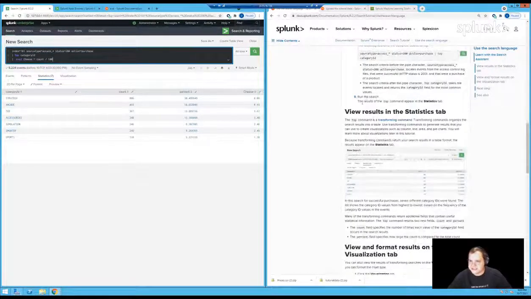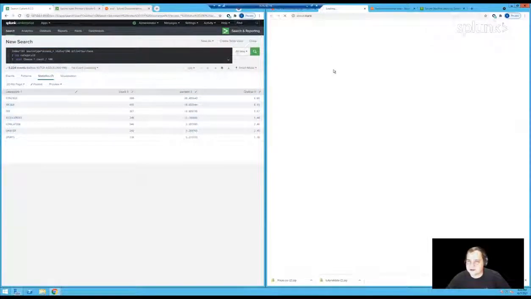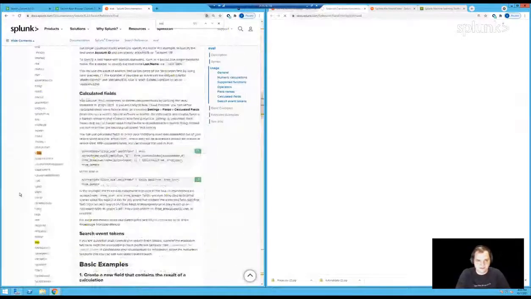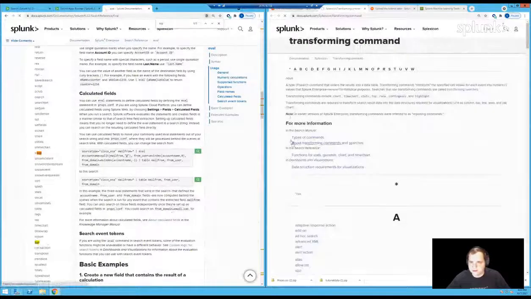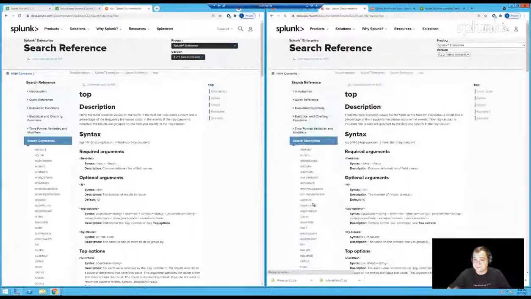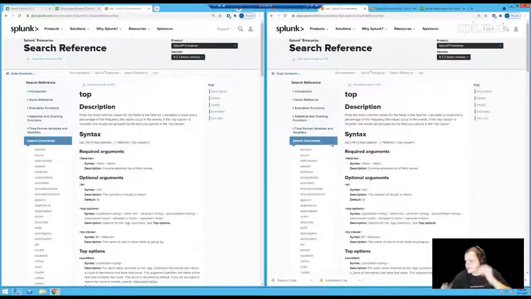All right, so the top command is a transforming command. And actually, I bet this will take us exactly where we were a second ago and show us how that command works. If I came over here, top, click on that. Oh, no, there we go. Transforming commands right there, top. There we go. See those, and they drop us to the same place. This is how you get all the information associated to the syntax. And this is one of my favorite tools that I use all the time